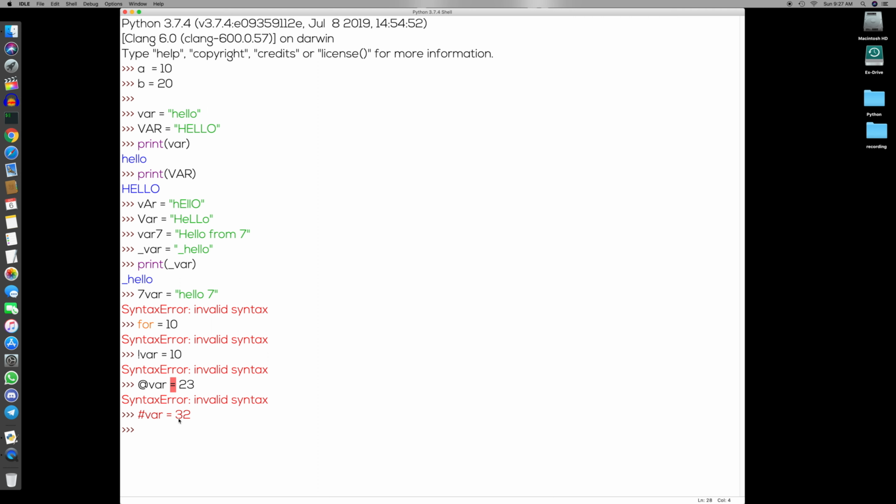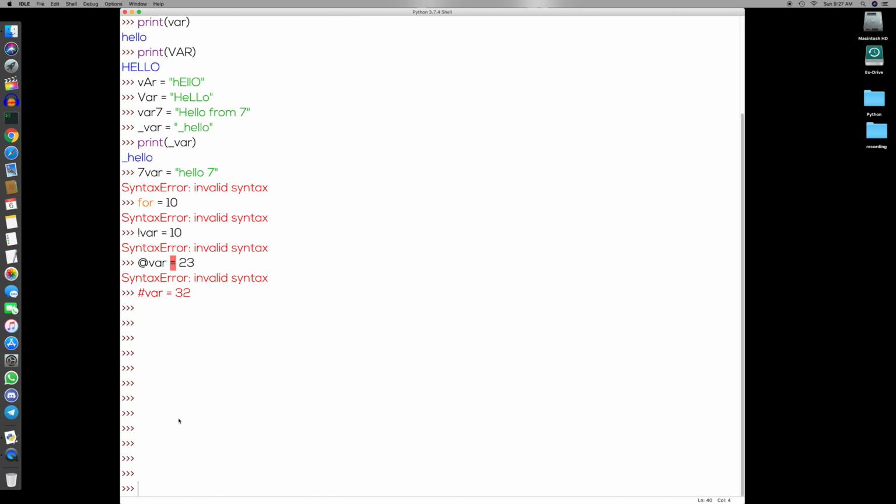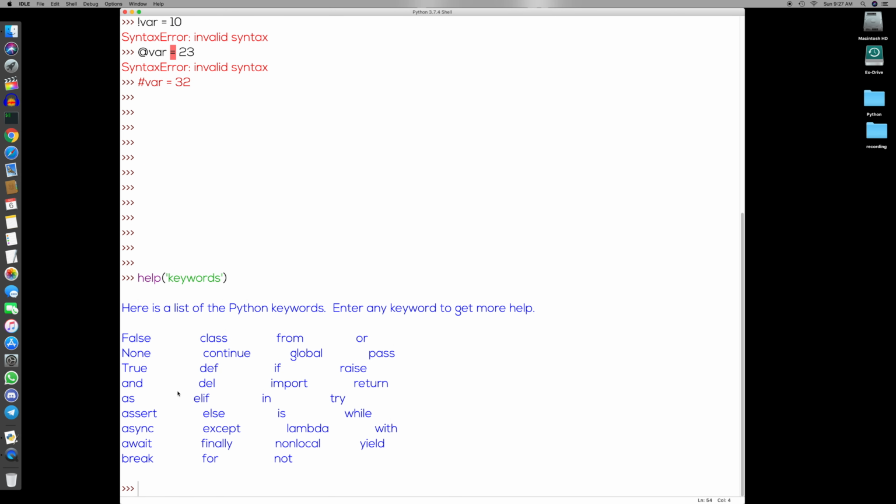So what does that mean? In Python, we have keywords. Let's first print out all the keywords. What are the keywords we have? You can print out all the keywords using the command help, and in single quotes, keywords. So here we can see the list of Python keywords, right? So what do I mean by case sensitive? Here you can see False, None, and True. These are the only three keywords in Python which start with capital letters. Other than that, all the keywords start with small letters. This is one thing you should keep in mind.